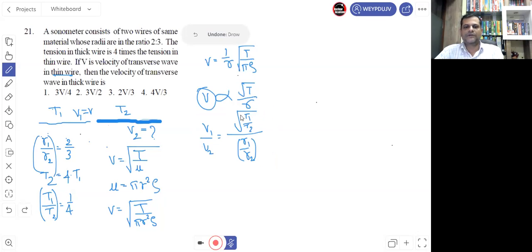Yes, so we get this equation, and if we just find out this velocity v1 upon v2, then this will be actually equal to root of t1 upon t2, it's going to be 1 upon 4, see it here. So if we just replace it by that 1 upon 4, and finally r1 upon r2, how much is it, see it here, it is 2 by 3, right? So we can replace it by 2 by 3, and now if we solve this further, then we can get this v1 upon v2 to be simply equal to,